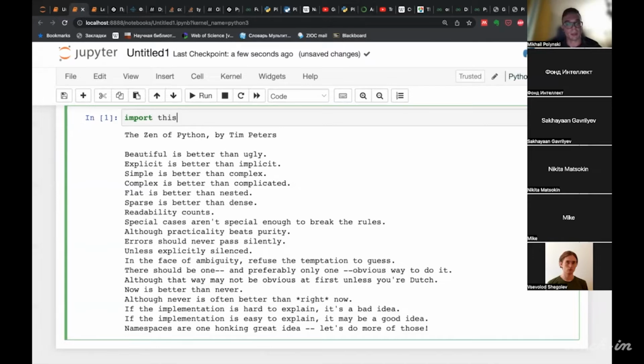So by considering this list, you can have a feeling that Python is meant to be a practical language, and it encourages its users to write code that is simple, and easily interpreted not only by the Python interpreter, but by other people as well.